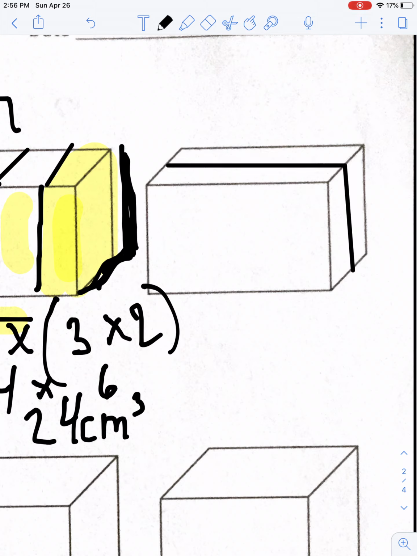what, everybody? What is our width? It's 2, right? So now how many layers do we have? Our width was 2 centimeters. We only have 2 layers this time. 2 layers times,